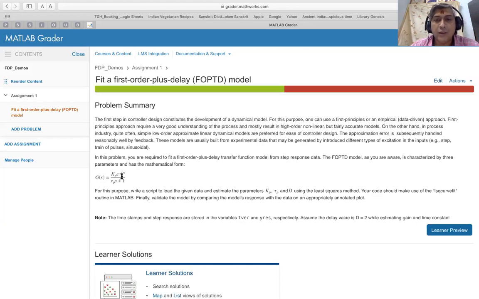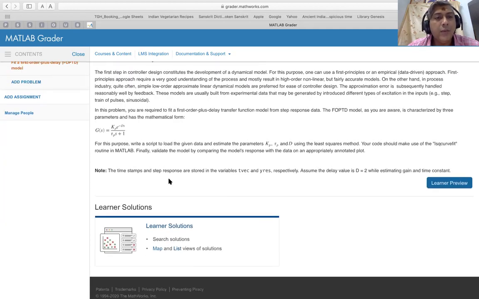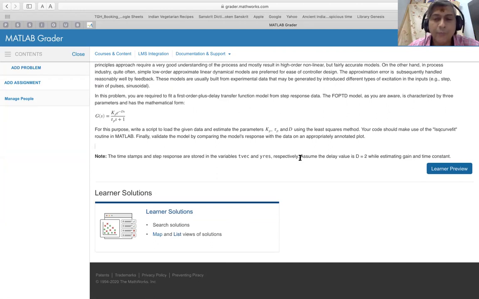A step change is introduced in the flow rate, and the response of the liquid level is measured. Both this data is provided to the user. From the given data, the learner is required to estimate the parameters Kp, tau p, and delay. To make the problem simpler, I have set the value of delay so that they have to estimate only two parameters, but you can really make the problem more complex.